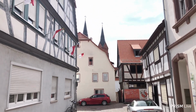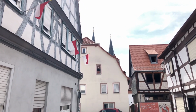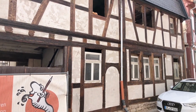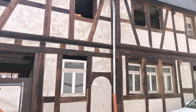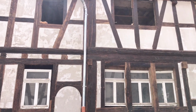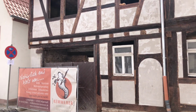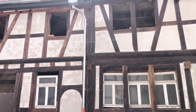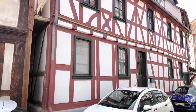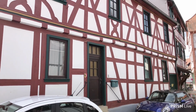In the background we already see the towers of the Basilica. We'll get there towards the end of our tour and talk a little bit about that. But here again, yet another wonderful sample of how those old houses are restored. Basically they take everything out. They just leave the structure and the beams, and then they rebuild everything again. So it's a huge task, but it's so worthwhile because it will last for a long time. And as I mentioned before, by law, those houses can't be pulled down. So that's a very, very important